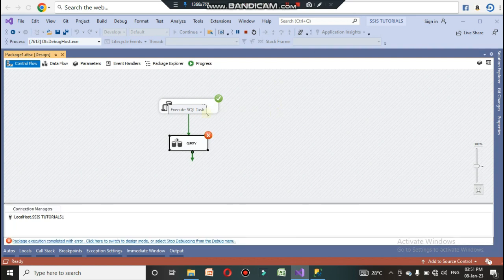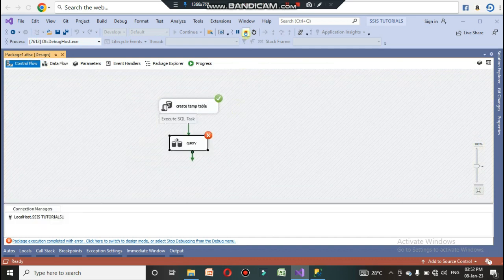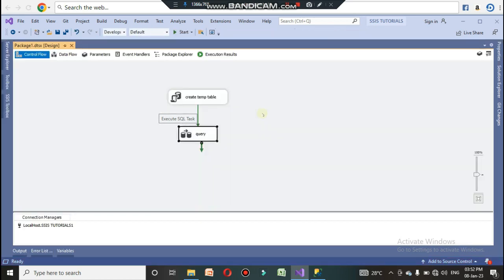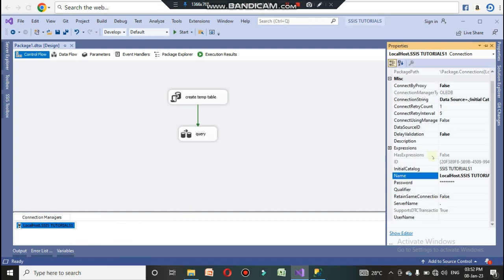so see, execute SQL task will be successfully finished execution, but coming to this query, this one will be failed because you need to set some properties while you are creating the temporary tables in SSIS. Those things are nothing but, so this is the connection manager. Select that one, right click, go to the properties, and here you will be having an option called as retain same connection. So set that one to true,